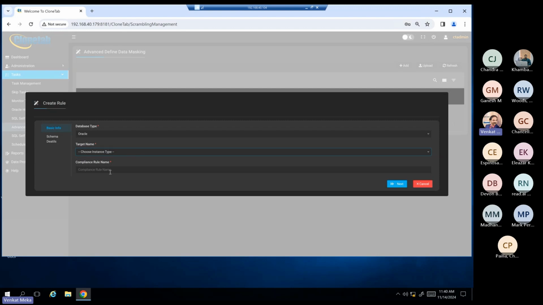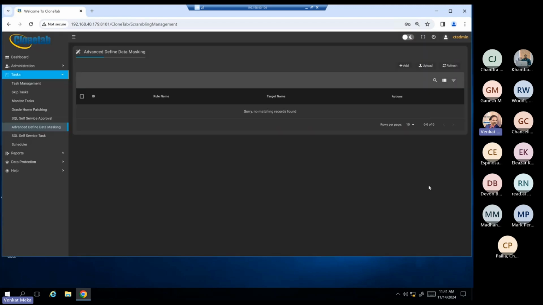I pick them, and in the schema details, I pick the table schema, then all tables are shown, and under each table, whatever fields I want to scramble are shown, and then I pick the appropriate algorithm. Clonetab will also provide you with a template for the modules that you want to license, and you can use that template as is. But if you have customizations and so on, you can also make changes to those templates. Hope I answered. I'll encourage all the attendees to type in your questions in the question box.